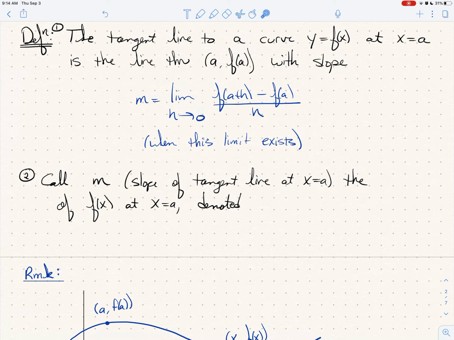Also, I want to give you some new notation. We're going to call this m, the slope of the tangent line, the derivative, sorry, I forgot that I needed to fill that in. We call the slope of the tangent line the derivative of our function at x equals a, and we're going to denote that by f prime of a. So this prime symbol means it's the derivative, which means it's the slope of the tangent line to the function